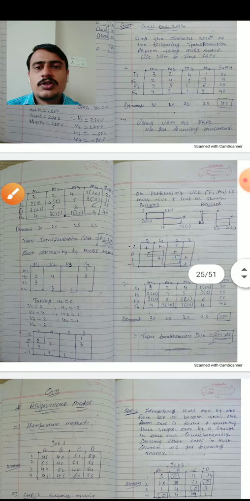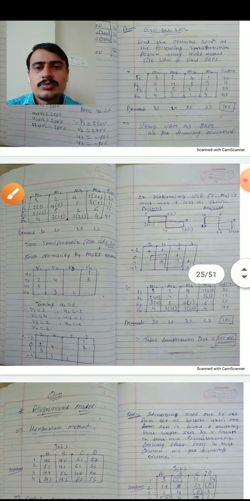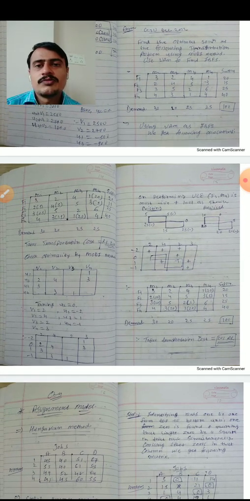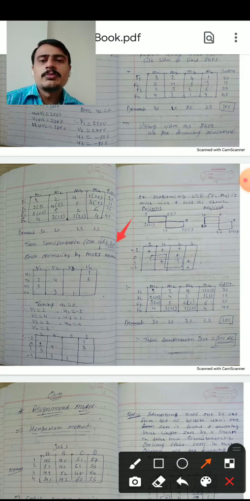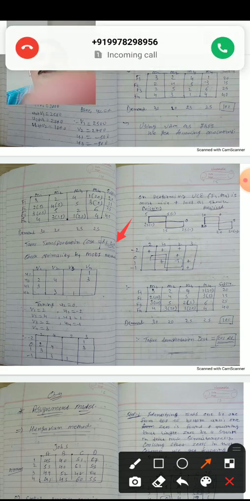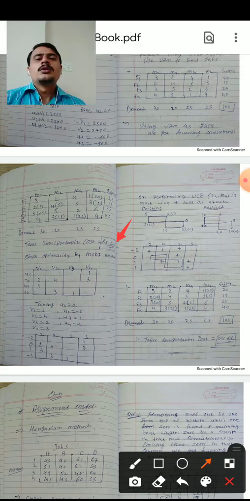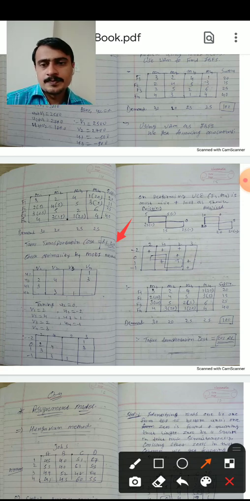Here we will find out the total transportation cost by the WEM method. WEM method means we take the row and column differences and apply the minimum cost value. So if we solve by the WEM method, the total transportation cost is 2010 rupees. Then we check the optimality test. For the optimality test, the minimum transportation cost so far is 2010 rupees.